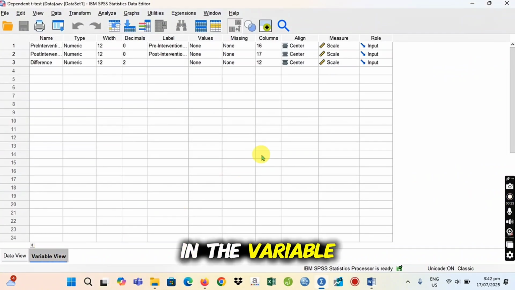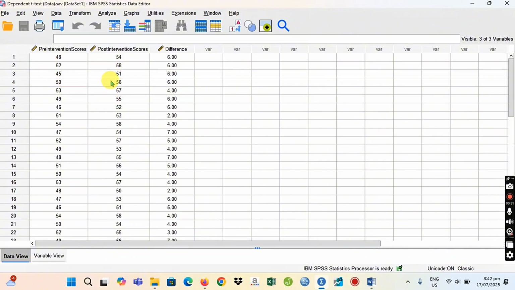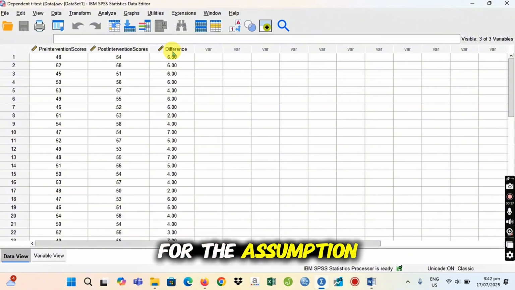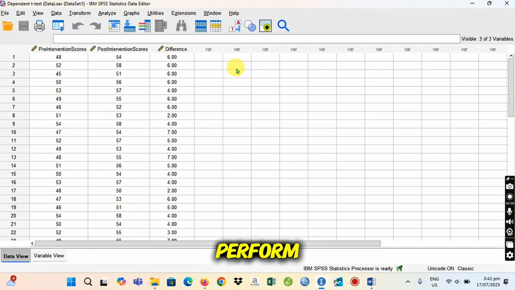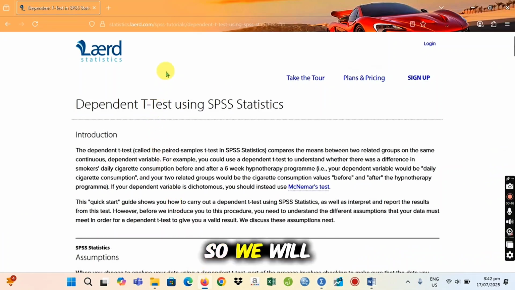In the variable view, we have all scales in here since the type of data is numerical. But what we're going to use in here for the analysis is the pre and post. The difference will be used for the assumption. So before we perform the analysis, we'll check the assumptions first. So we will also use this